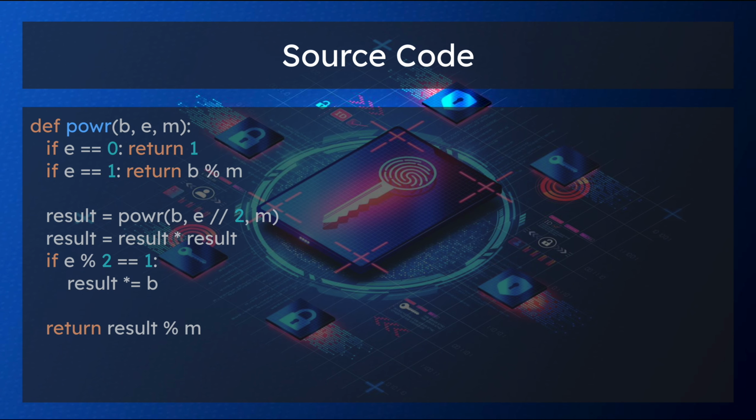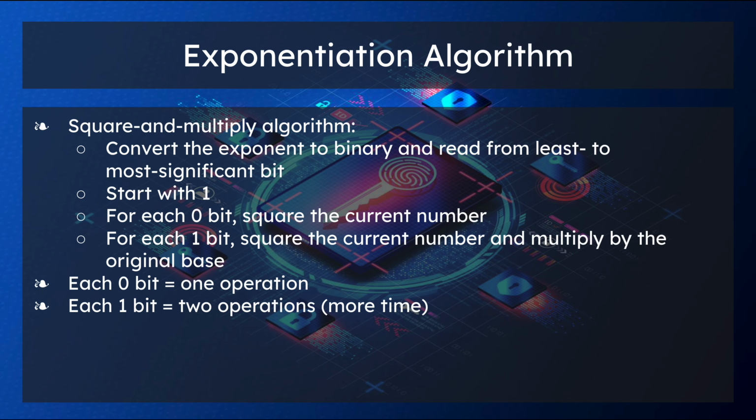In fact, if you take a look at the source code here, we see that result equals result times result. That line will always be executed, but only if e mod 2 is 1, and that means that the rightmost bit is a 1, will we do that extra multiplication. Okay? So to think about our attack,